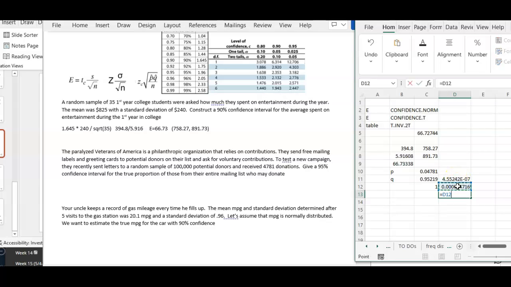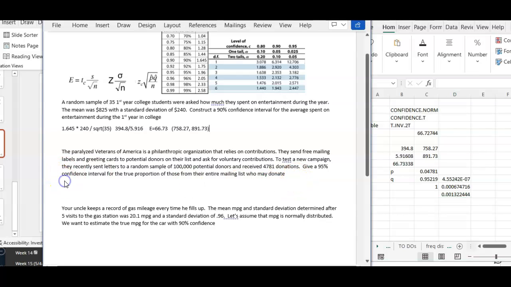which is, for 95%, 1.96. I'm just looking right here. Multiply, excuse me. I'm going to take that number and multiply it times 1.96, and we've got 0.001322, and that is our margin of error for this example. We've got E equals